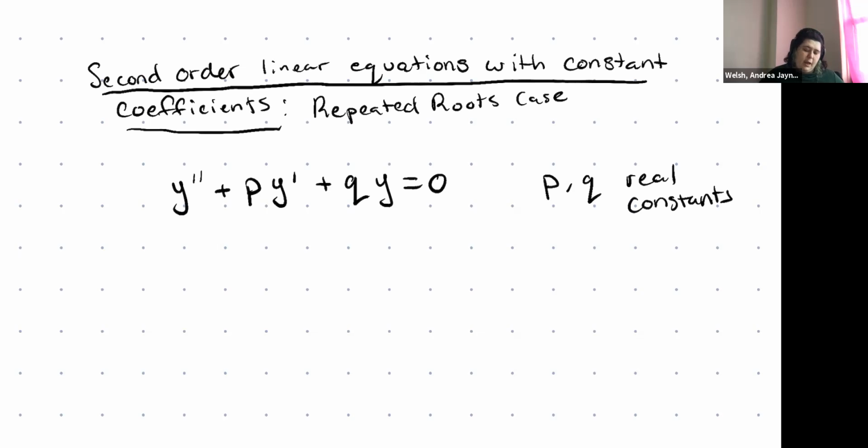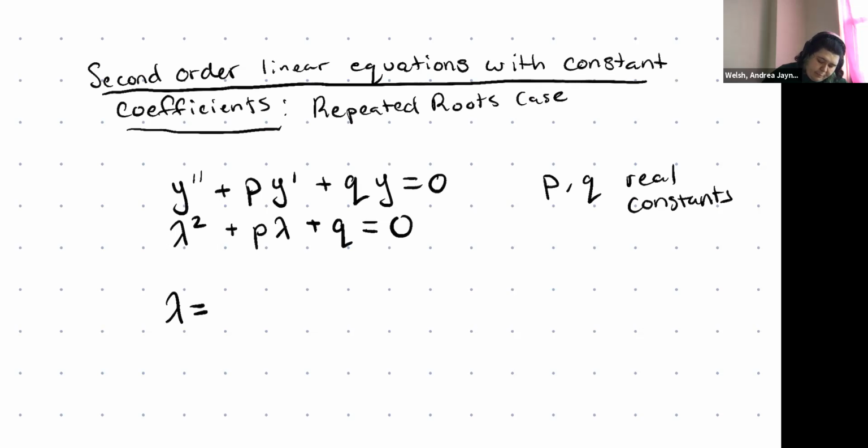When we look at our characteristic equation, our lambdas could be two distinct and real, we could get two complex, or we could get this case where